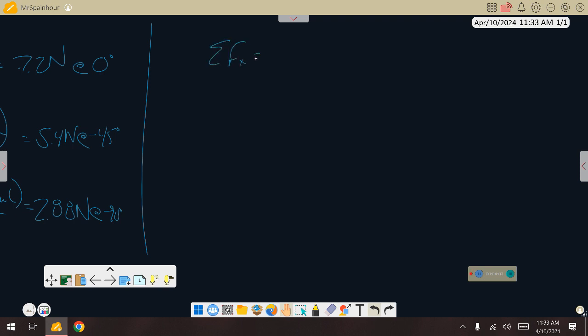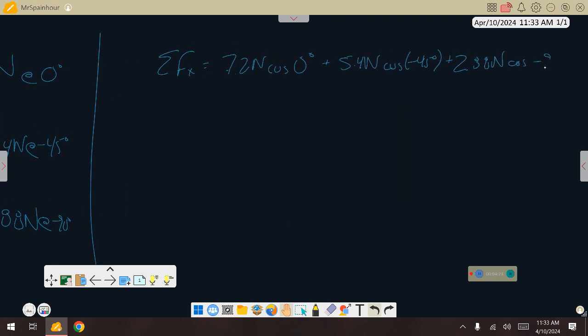So I'm going to sum the forces in the x, and that's going to be 7.2 newtons cosine of 0 degrees plus 5.4 newtons cosine of negative 45 degrees plus 2.88 newtons cosine of negative 90 degrees, but of course cosine of negative 90 is 0, so that's all going to end up as 0. Now I'm going to sum the forces in the y and get 7.2 sine of 0 degrees, but of course sine of 0 is 0, so that should all go to 0, plus 5.4 newtons sine of negative 45 degrees plus